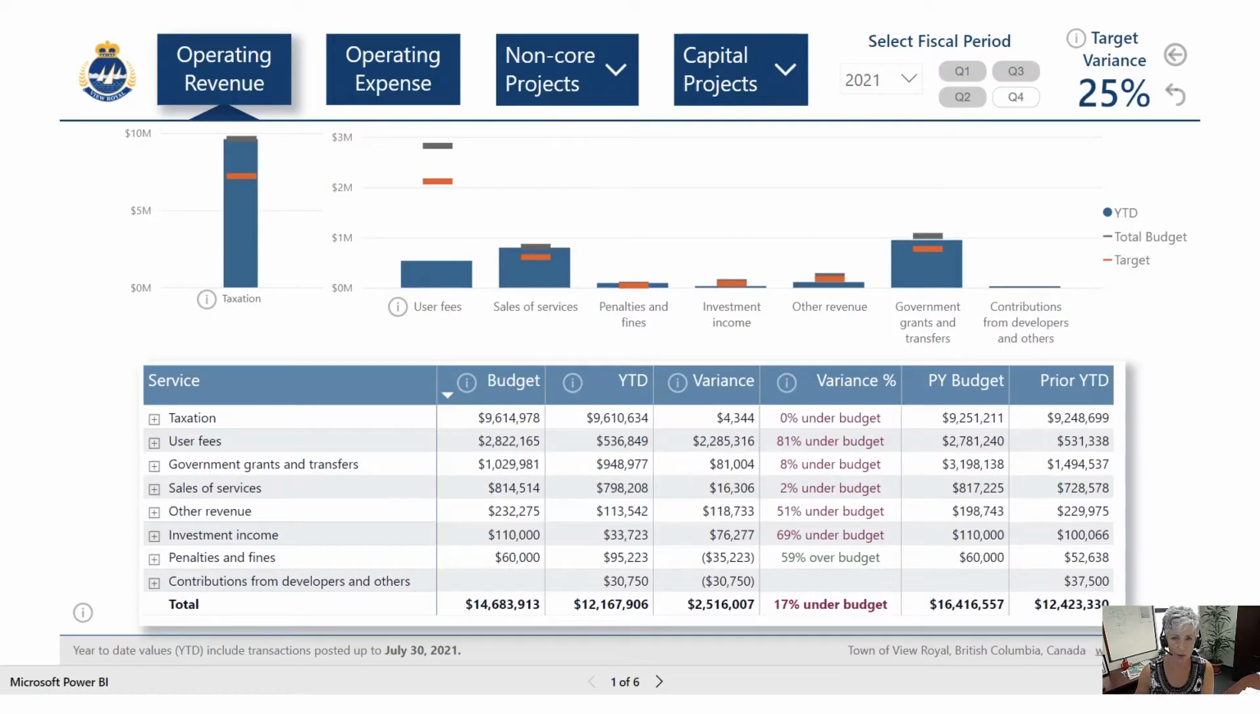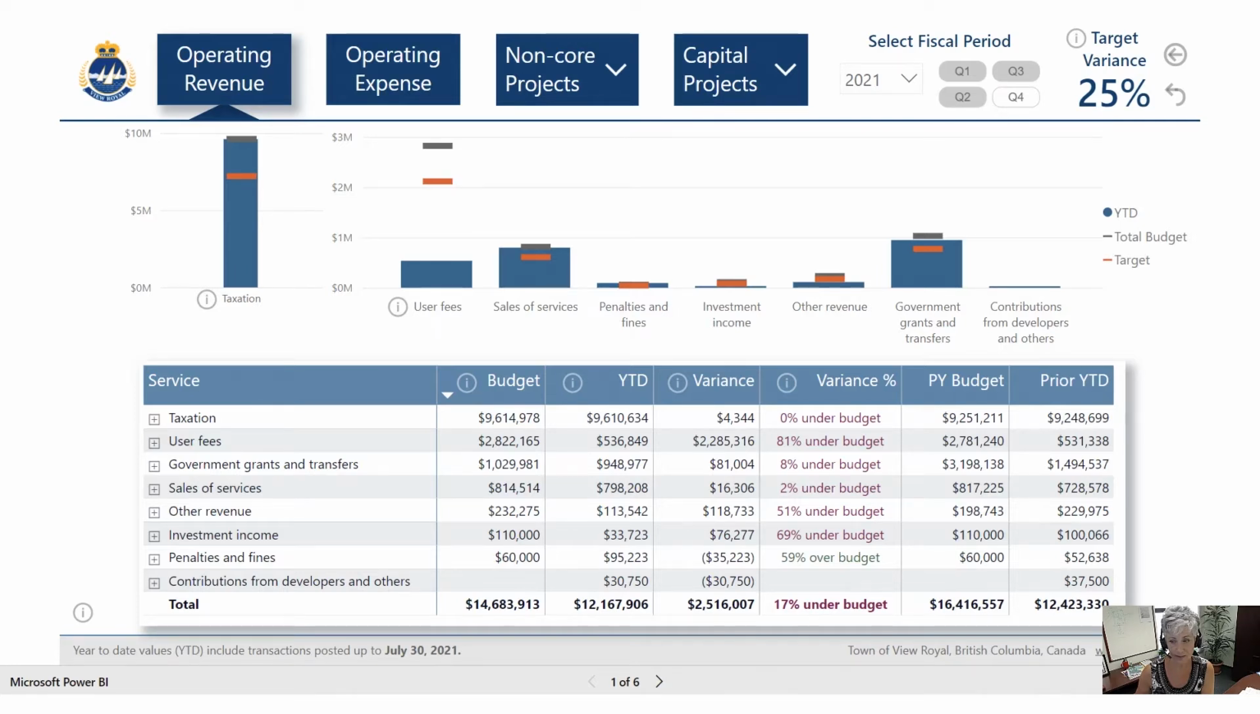Hi, ViewRoyal's Budget Variance Dashboard, available on ViewRoyal's website at viewroyal.ca. The dashboard describes up-to-date financial information and includes metrics on non-core and capital projects. I'm going to take you on a brief tour to show what you can discover and learn about ViewRoyal, its